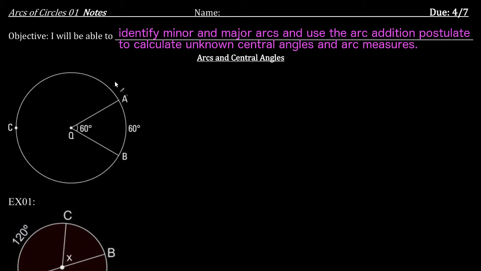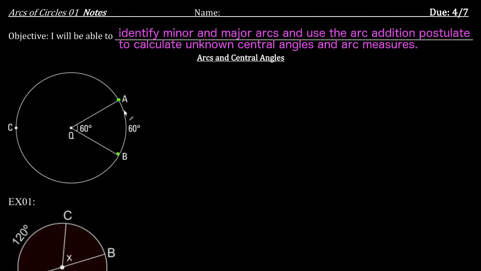We have a circle. An arc is like a curved part of the circle, right? So arc AB is this part right here. Arc AC would be from here to here. Arc CB would be from here to here. Not too difficult. All right. The only thing you really gotta